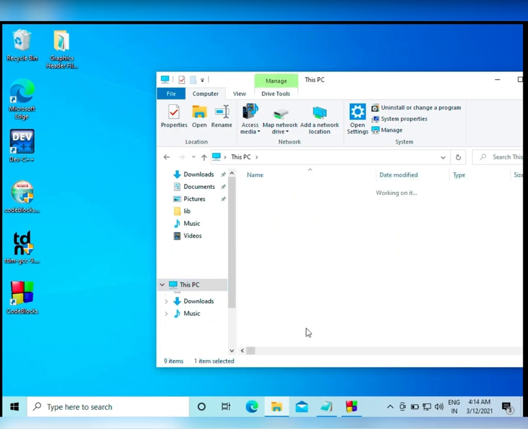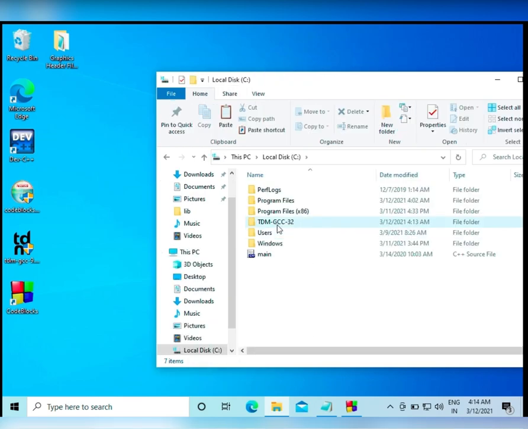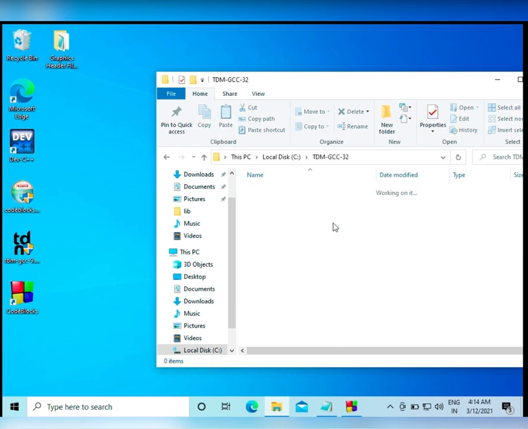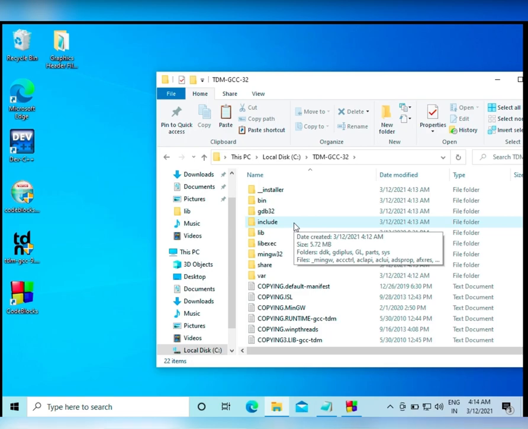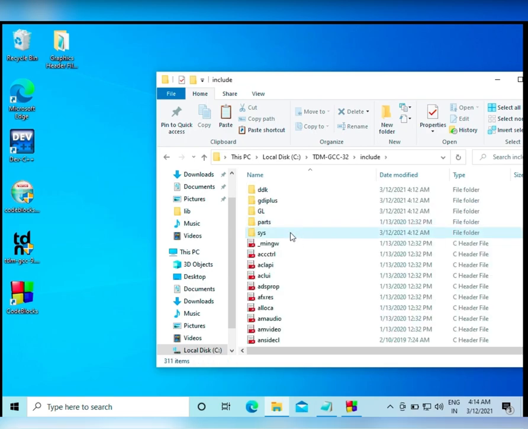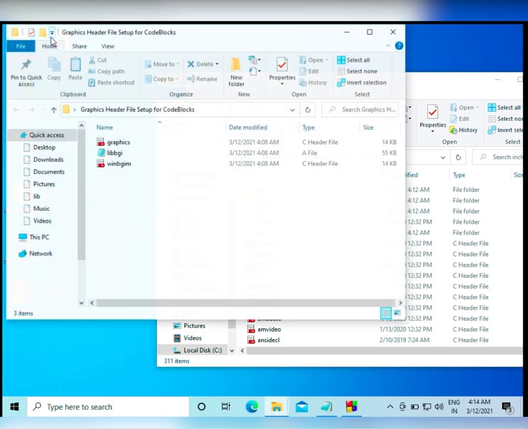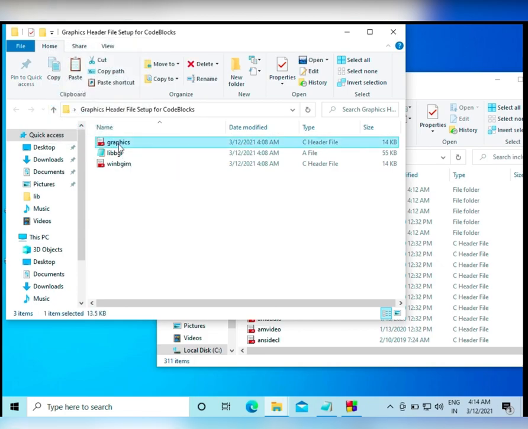Go to C drive, TDM GCC 32, and here we have the include folder. We need to just go there and paste graphics and WinBGIm here.